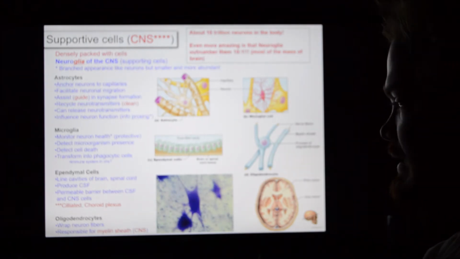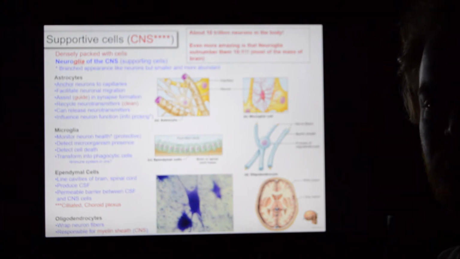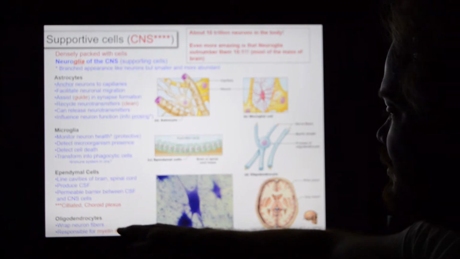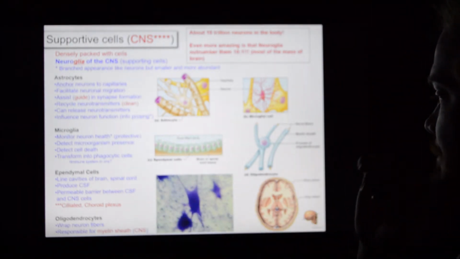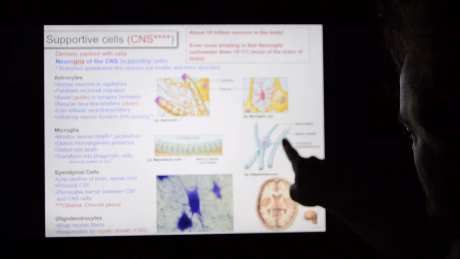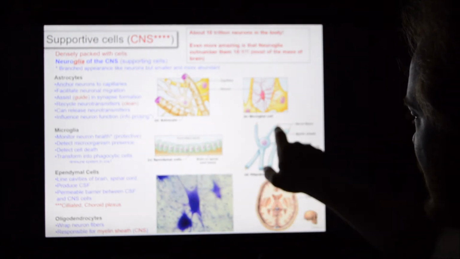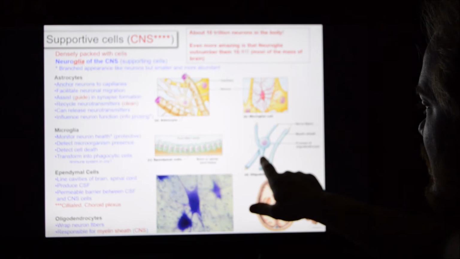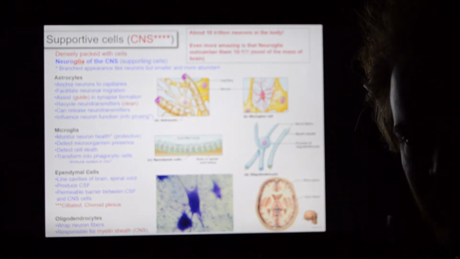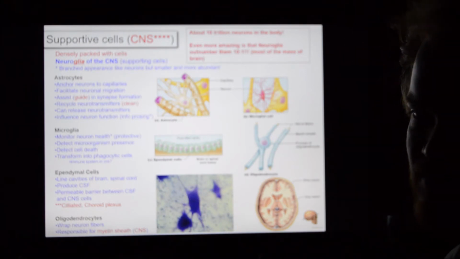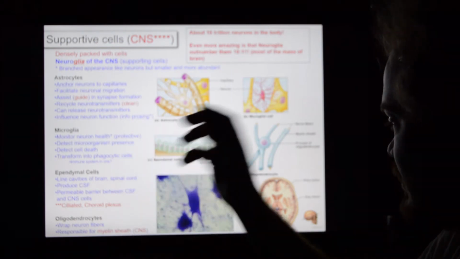And then last but not least, there are oligodendrocytes. Oligodendrocytes make a special substance called myelin. They make what's called the myelin sheath. As you can see here, this is an oligodendrocyte wrapped around some axons, nerve fibers. The oligodendrocytes with myelin insulate the neurons, insulate their axons, so they can transmit messages faster. An insulated axon works better, and that's what myelin does. It insulates the axons.